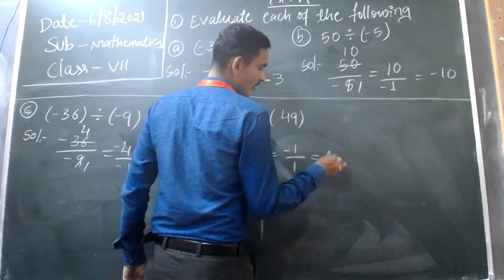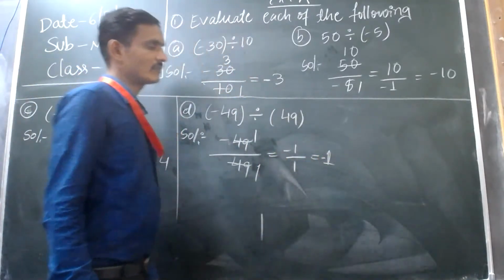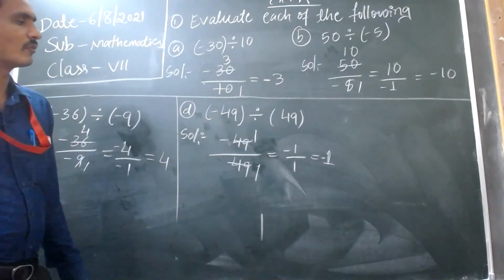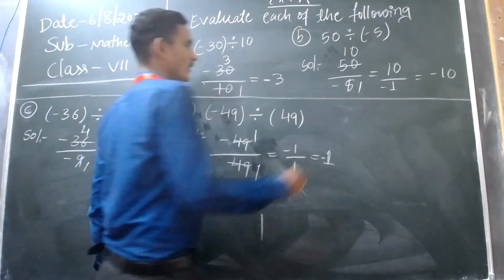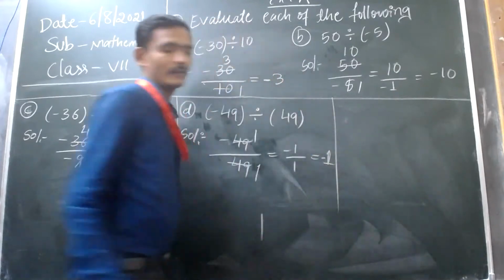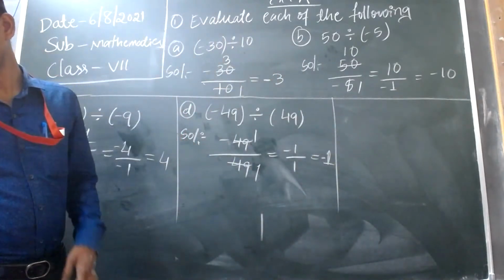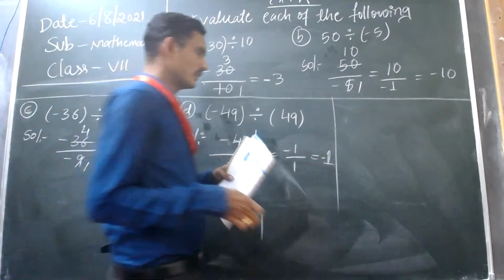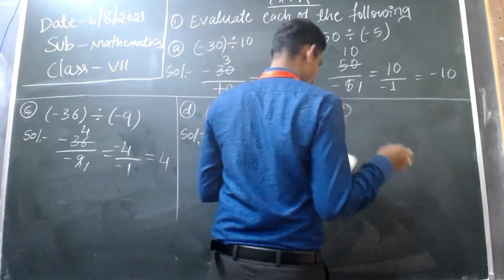Why this? Because one is negative and the other is positive. That's why we have to put a minus 1. This completes the D one. Next one will go to the E one. E one that is